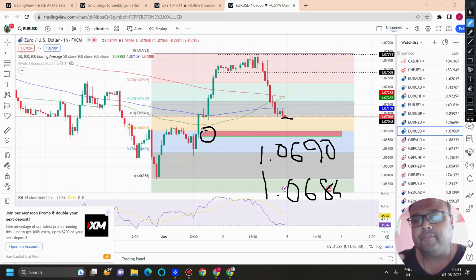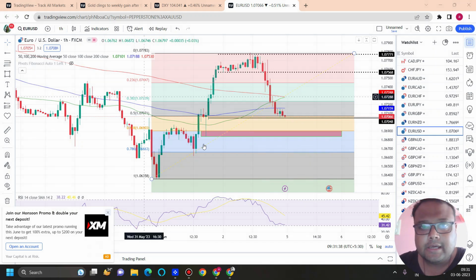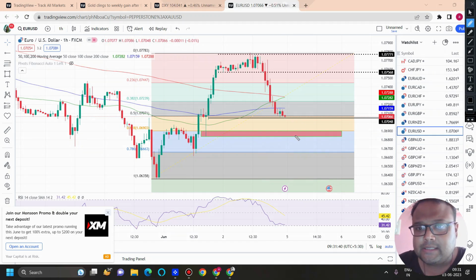Switch to the 1 hour and 15 minute time frames and just see. If the market shows price rejection from it, it's a confirmation that buyers are present, and you can look for a buy position as well. If not a complete trend reversal, at least you can expect 20 to 25 pips in this market scenario. So the opening of the market will be very, very important, because usually we do not get